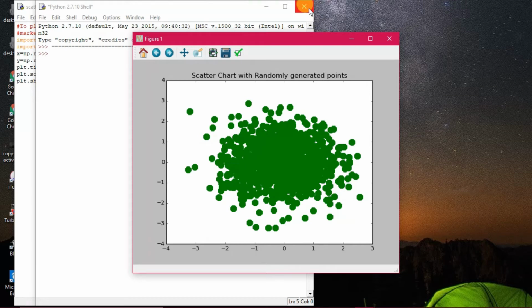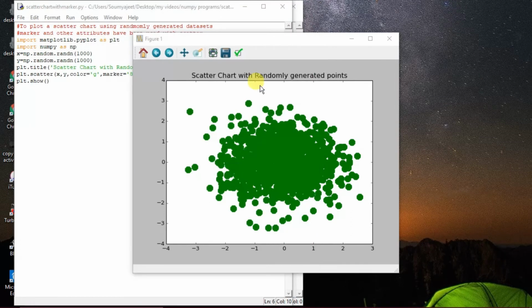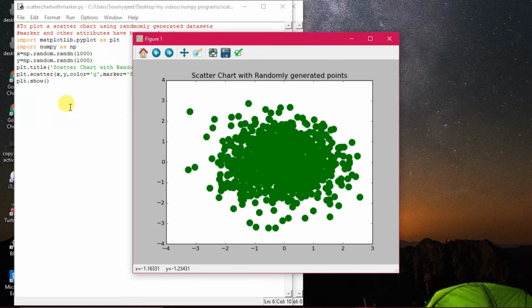Fine, so that is the way to use the RANDN function, which is a member method of the random library. So we need to import numpy in this case. Even though numpy is not a part of the syllabus, in some cases we have to import numpy, otherwise we will be unable to use some important commands. So that's why we need to import the np library. As usual, import matplotlib.pyplot as plt.